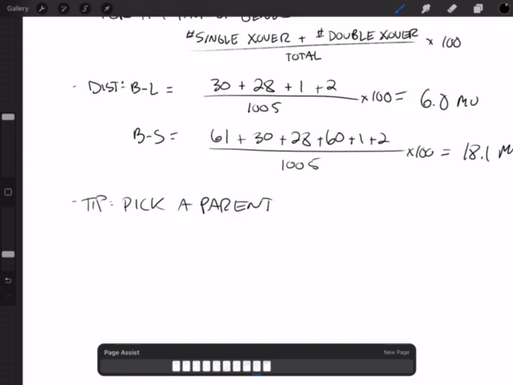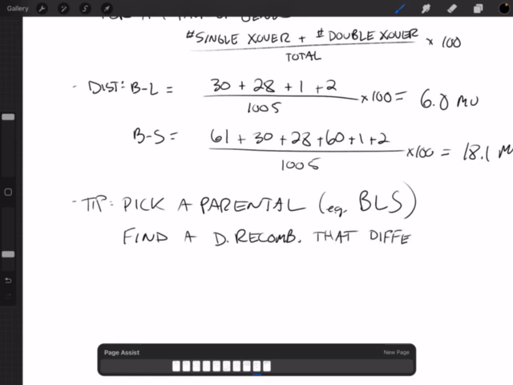Okay, we'll pick this one. And then you can find a double recombinant. Remember, they are the really rare ones that differ by one single trait, and one trait only, for example, BLS. And that gene is in the middle,